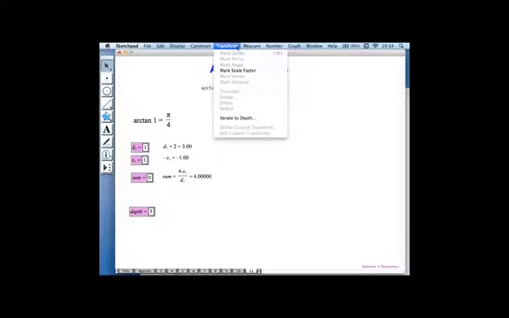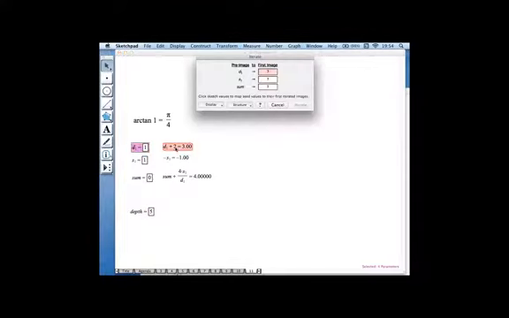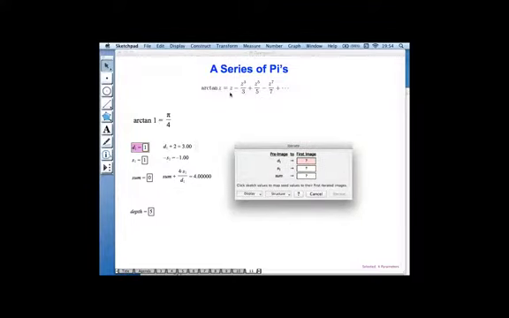I did take a series that allows you to calculate pi. This series calculates the arctangent. The arctangent of 1, the angle whose tangent is 1, is pi over 4. So you can calculate pi that way pretty easily. I've put the 4 into this calculation here. And just to